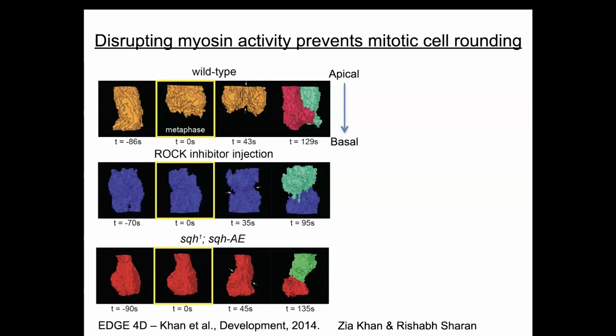When we inhibit myosin, either with ROCK inhibitor injection or with the myosin mutant, the cell has entered mitosis, but the cell remains columnar. It can no longer round up. So it's stuck in this crowded tissue. Without the force-generating myosin, it can't round up. And when it doesn't round up, it then divides out of plane. So we think in this case, as Marty was suggesting, there's a long axis here, and the long axis is sort of out of plane. And so the spindle either can't fit by rotating, or it is overridden by cell shape,